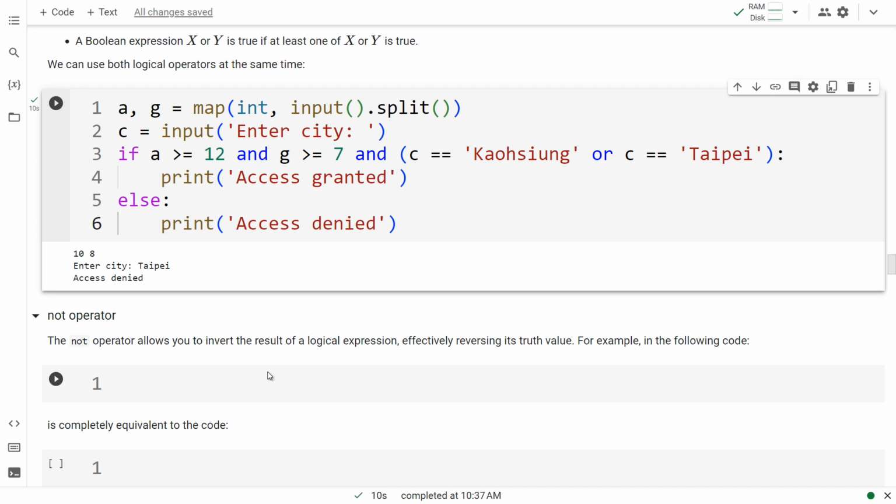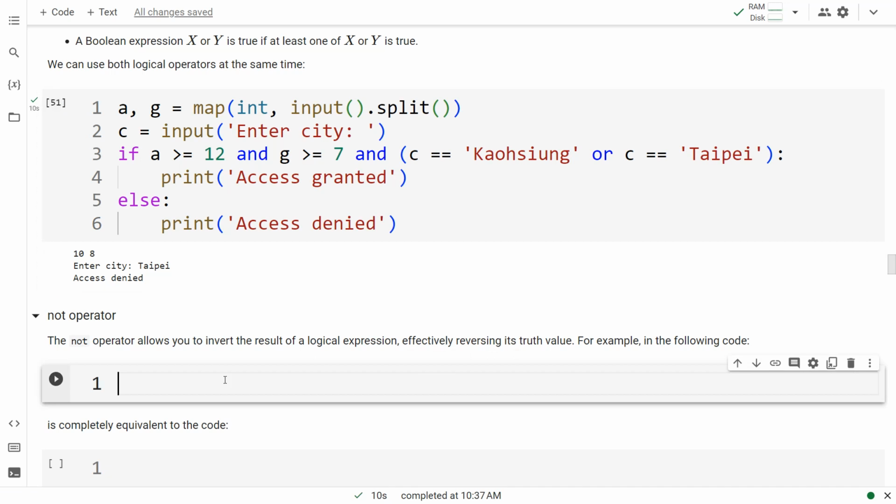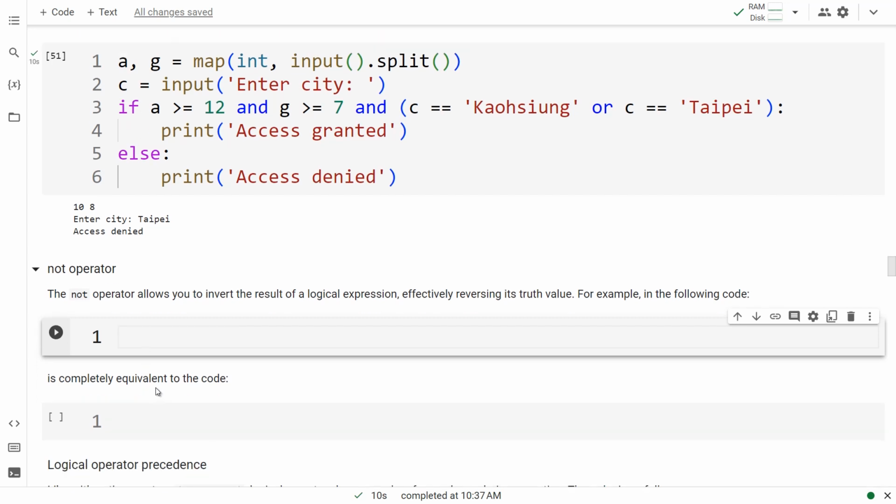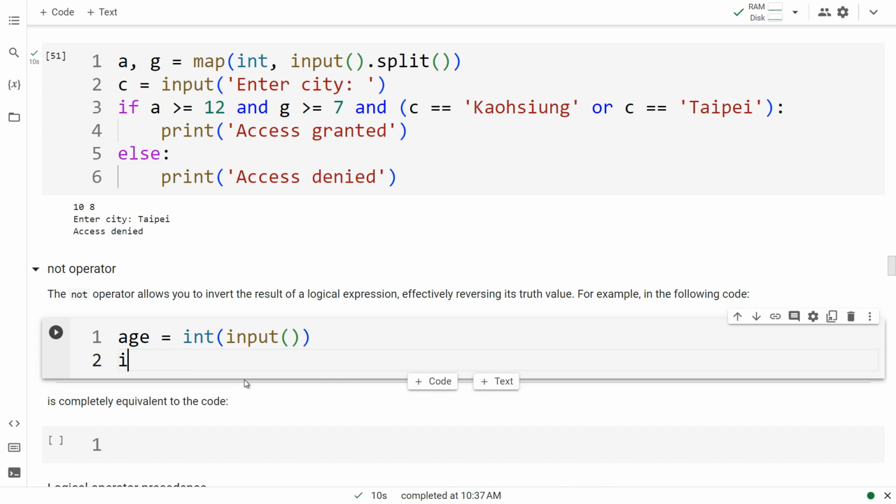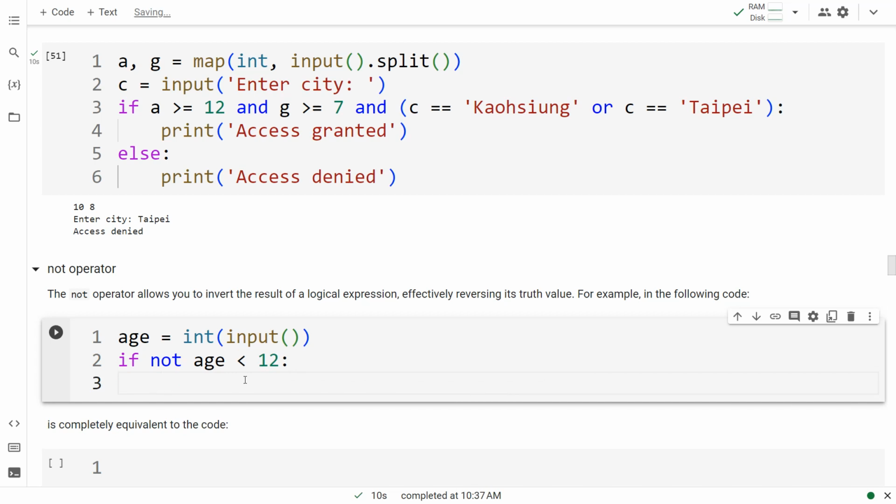Final keyword for today, not operator. So just the inverse of a logical expression. And we have to provide two code blocks. The first one, we check the age. We check the age. If not, and for example, age less than 12,